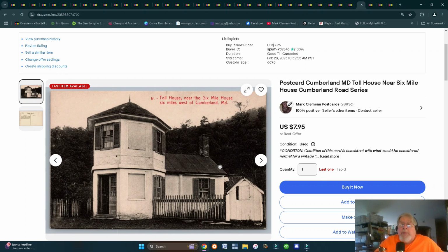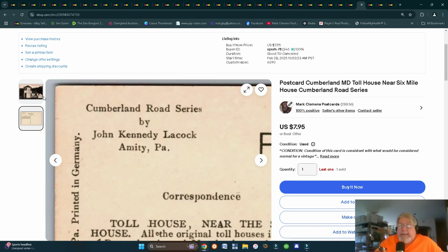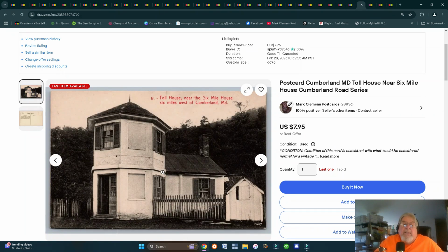Here's an interesting card. This is in Cumberland, Maryland. This is the toll house near 6 Mile House. And this card is one of a series. If we look on the back here, in the upper corner, you can see it says Cumberland Road Series. And there are a series of these cards featuring different scenes along the Cumberland Road. This particular one is the toll house. And as you can see, it's a divided back card. It is not posted. And there's the view of the front. That one sold for